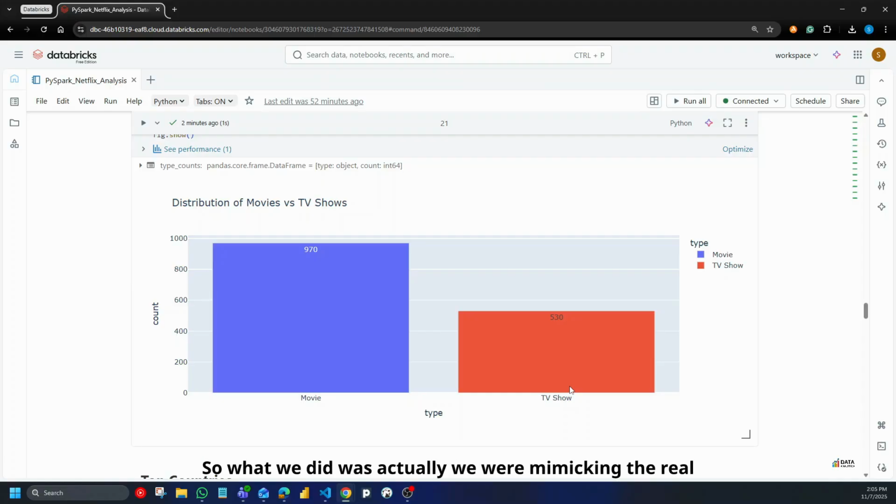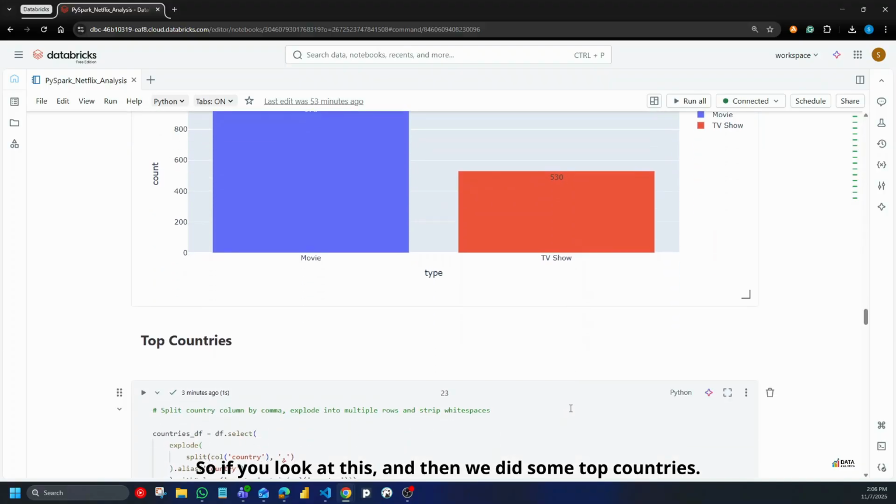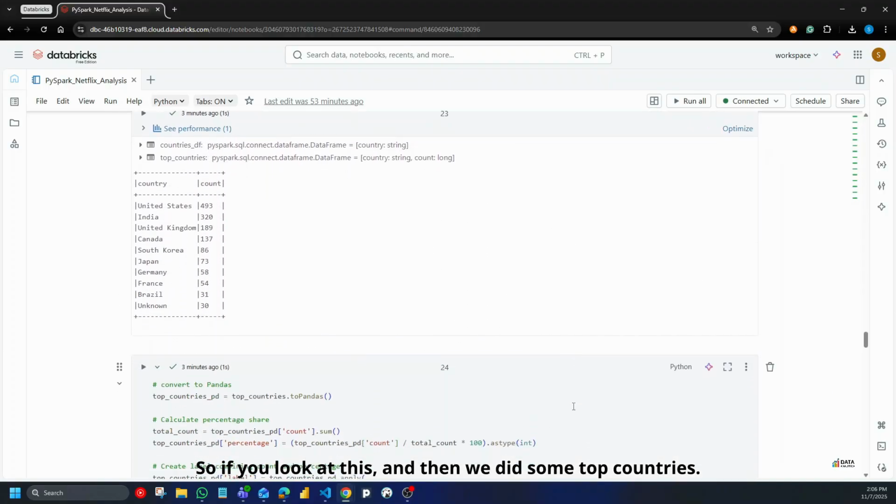So what we did was mimic the real data set, and when I compared, the number of movies should usually be much higher than TV shows, because TV shows only started exploding in number in recent years. So what I have done is change the data set a bit. It's still 1500 rows, but the proportion is a bit changed. So if you look at this, and then we did some top countries,